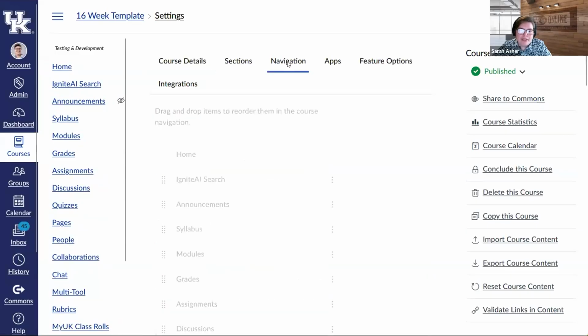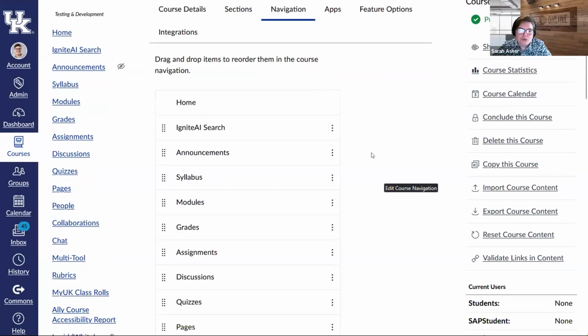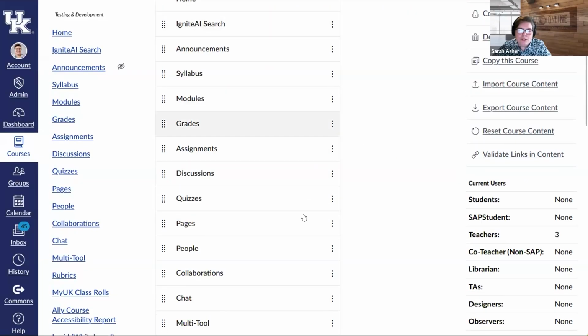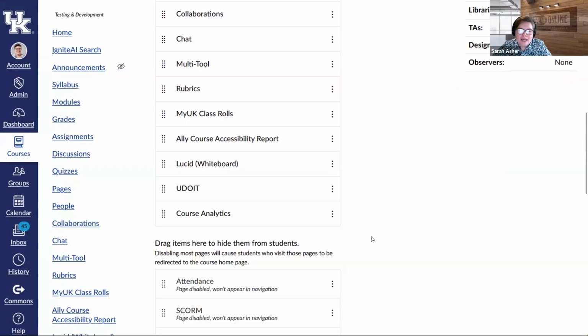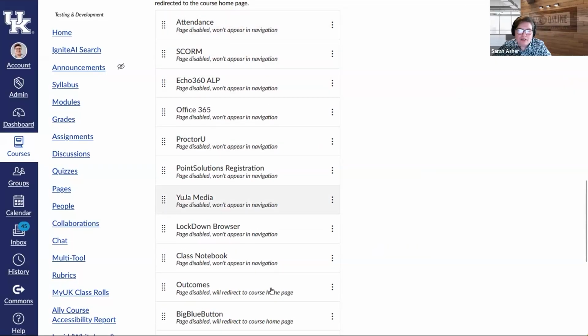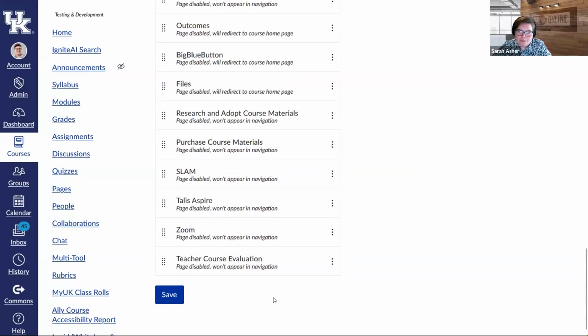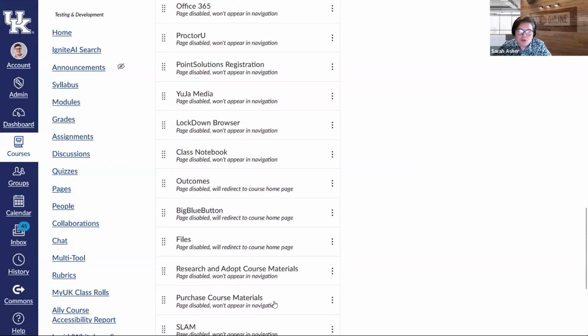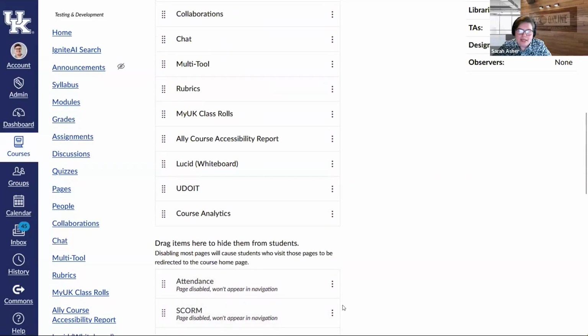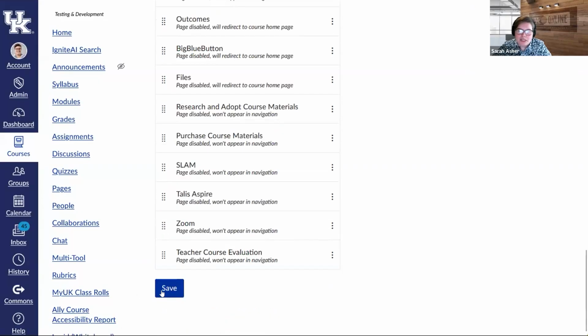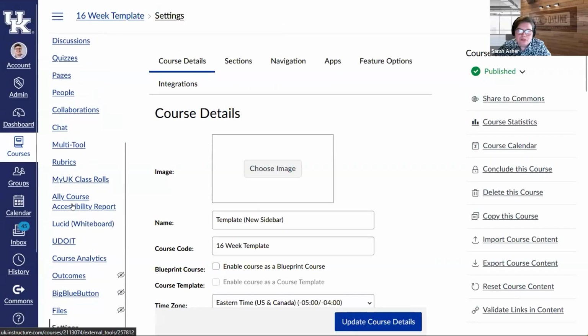And then if you go into navigation, you will actually see two groups of navigation objects. Ones that are currently enabled are on top. And then there's quite a few that are disabled, may be disabled in your course. So you'll go through and you'll enable either by clicking enable or dragging and dropping from one list to another. And then you'll have to make sure that you hit save, and then it should pop into your course menu